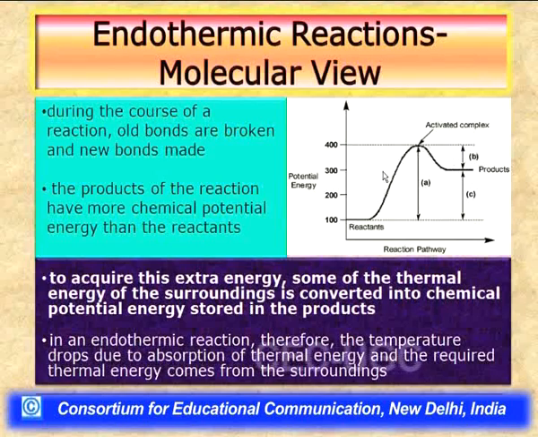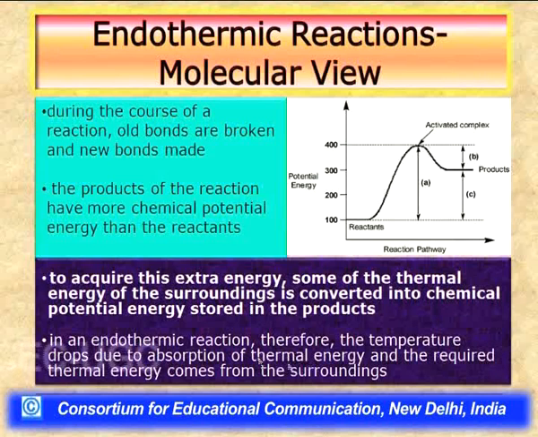As a result, whenever an endothermic reaction occurs in an adiabatic environment, the temperature of the system would fall. Otherwise, in order to maintain the temperature, some heat from the surroundings will enter the system and will be used to restore the temperature of the system if the reaction is carried out under constant temperature condition. So, this is how we define endothermic reactions.